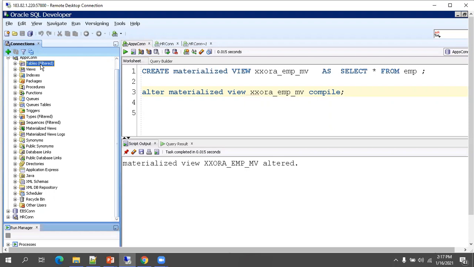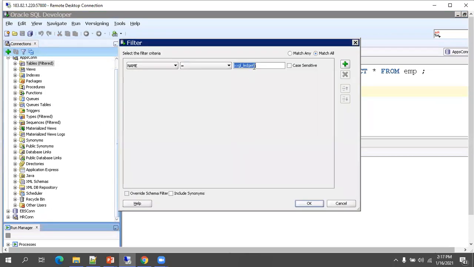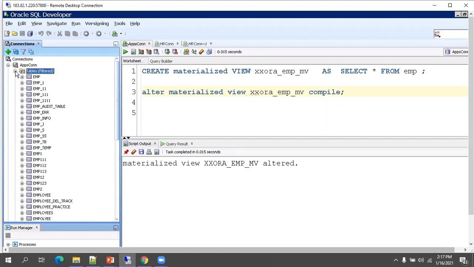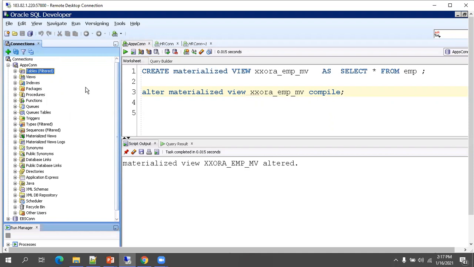If I want to see the list of tables starting with a particular name, I can right-click and click on apply filter, and mention the table name if I'm aware of it. If not, I can use the LIKE operator, like EMP percent, and get all the tables starting with that name. By this, you can explore the list of objects, and also get all the properties.